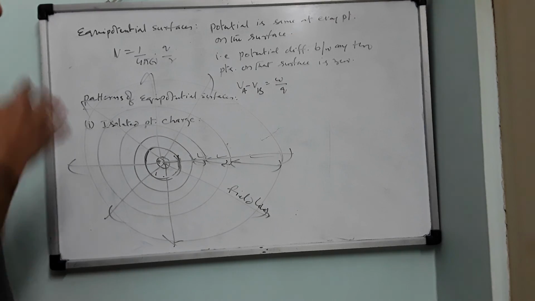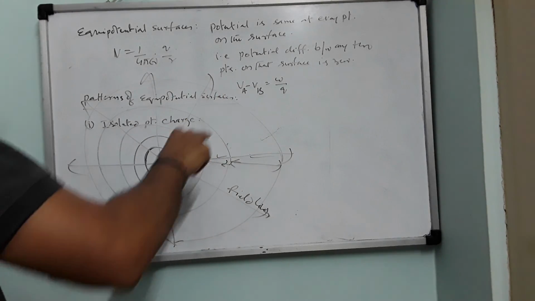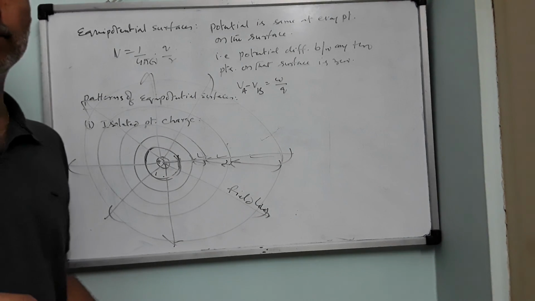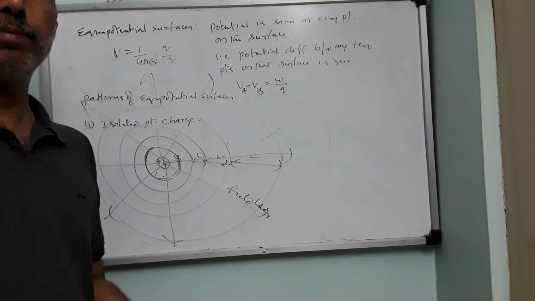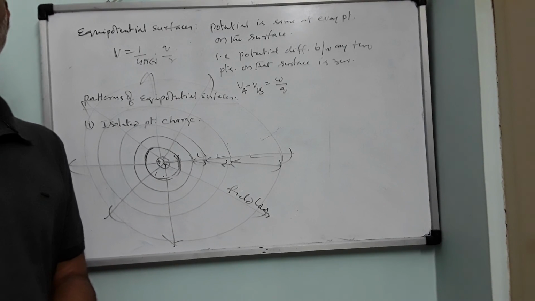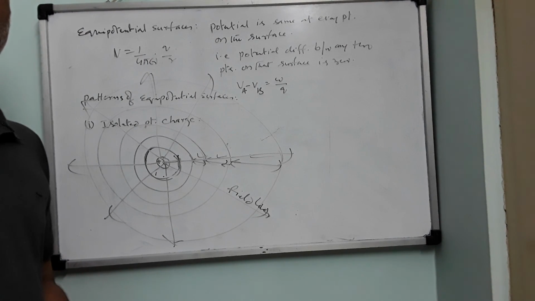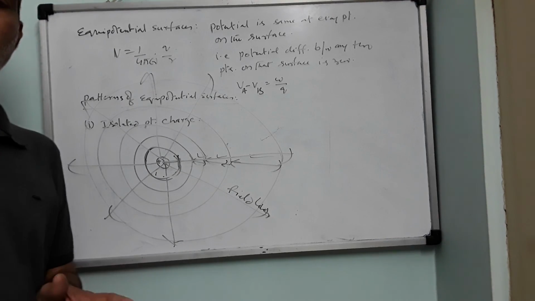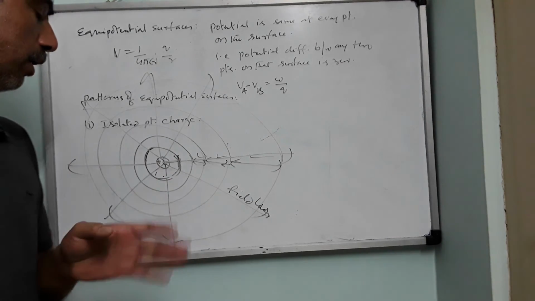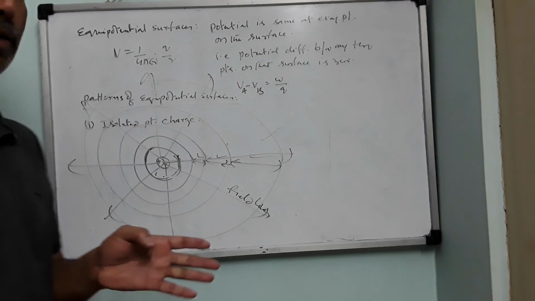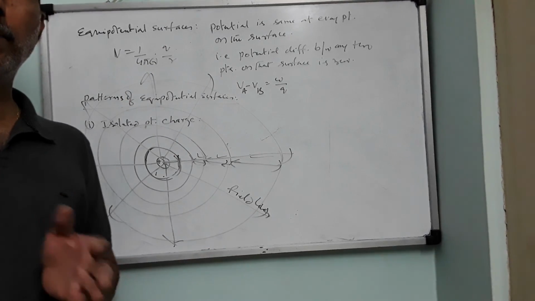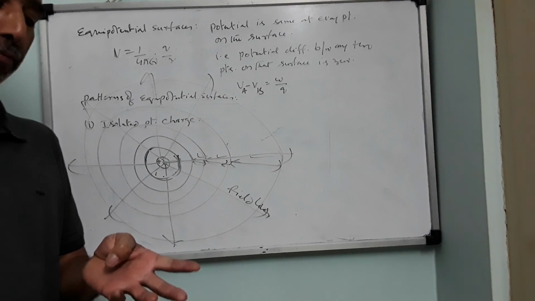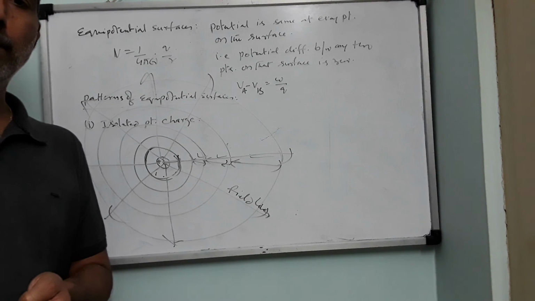So this is the second one. The first one, what did we do? We have seen that 2 points correspond to the same potential, and if you move a point charge from one point to another on the same surface, the work done will be 0. So all of these can be counted as properties of equipotential surfaces. First property, equipotential surfaces exist perpendicular to the electric field lines. Number 2, if you want to move a unit positive charge